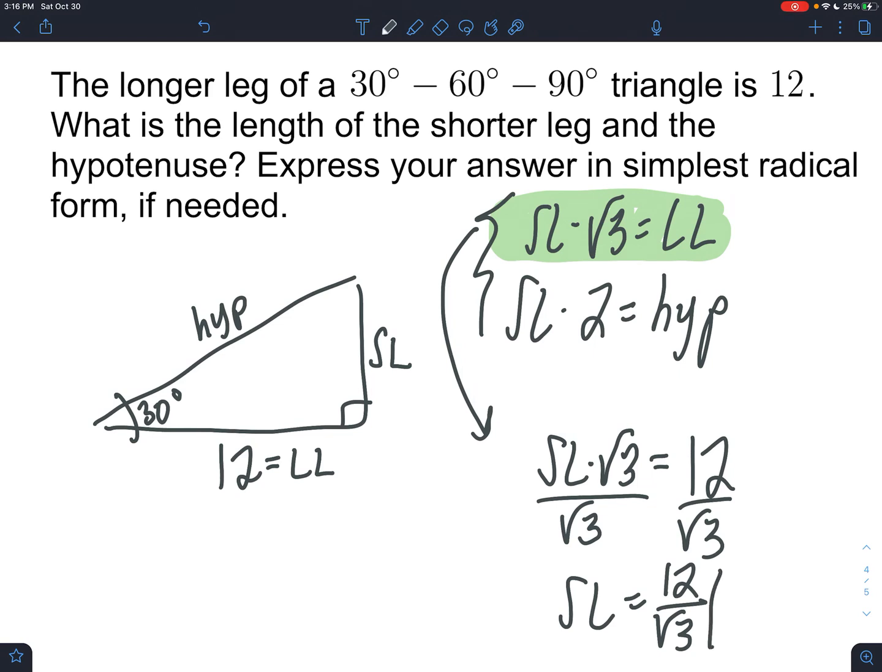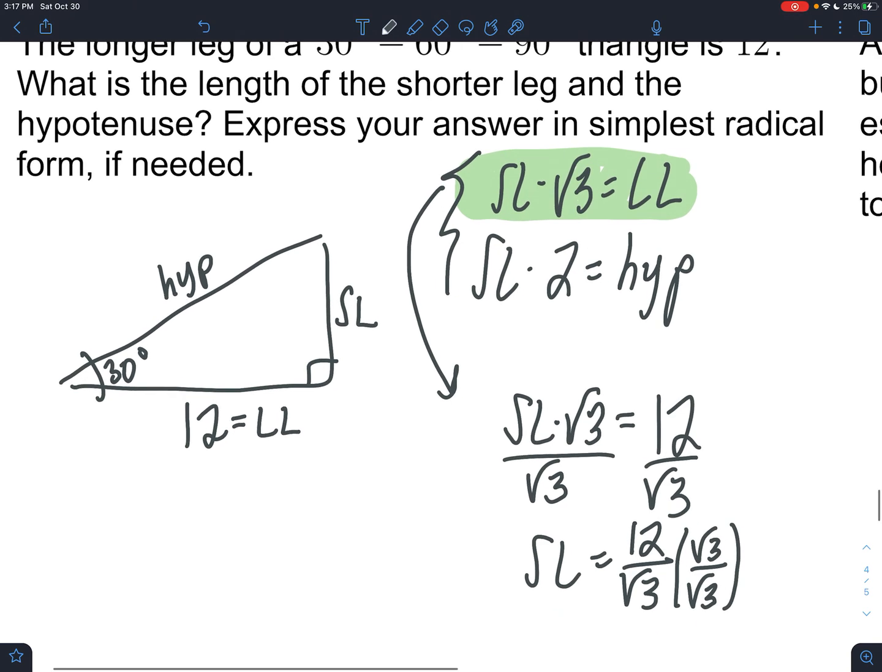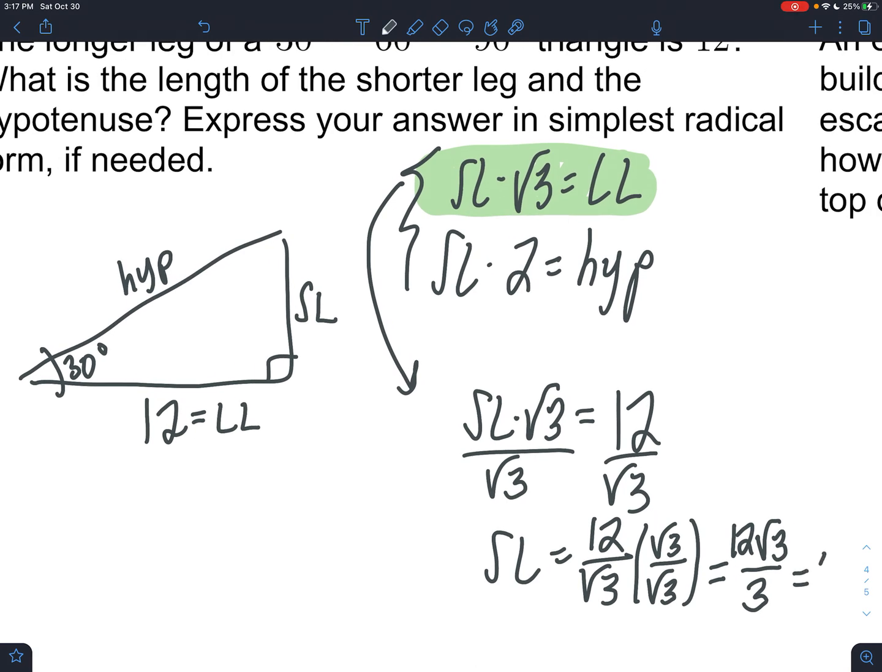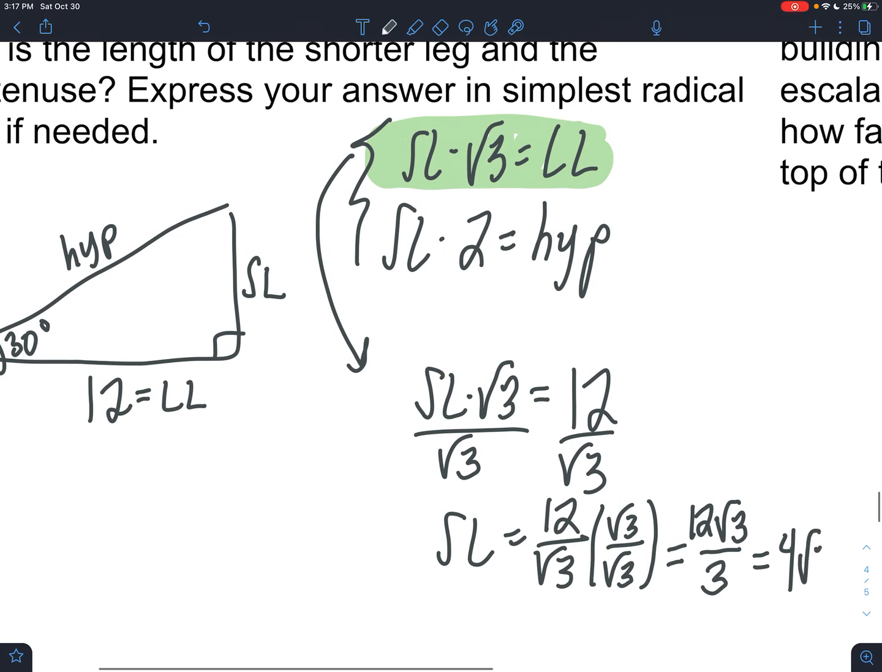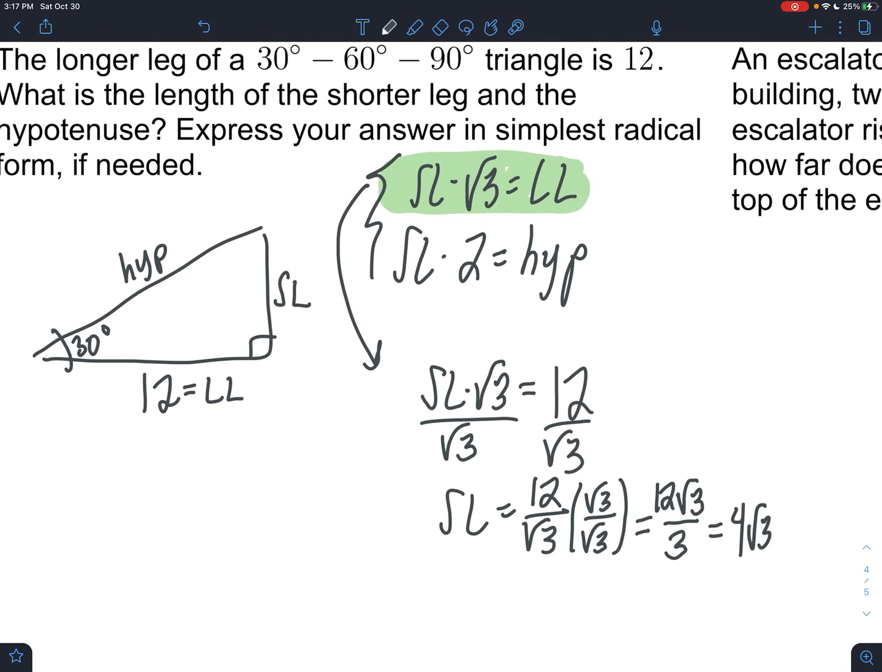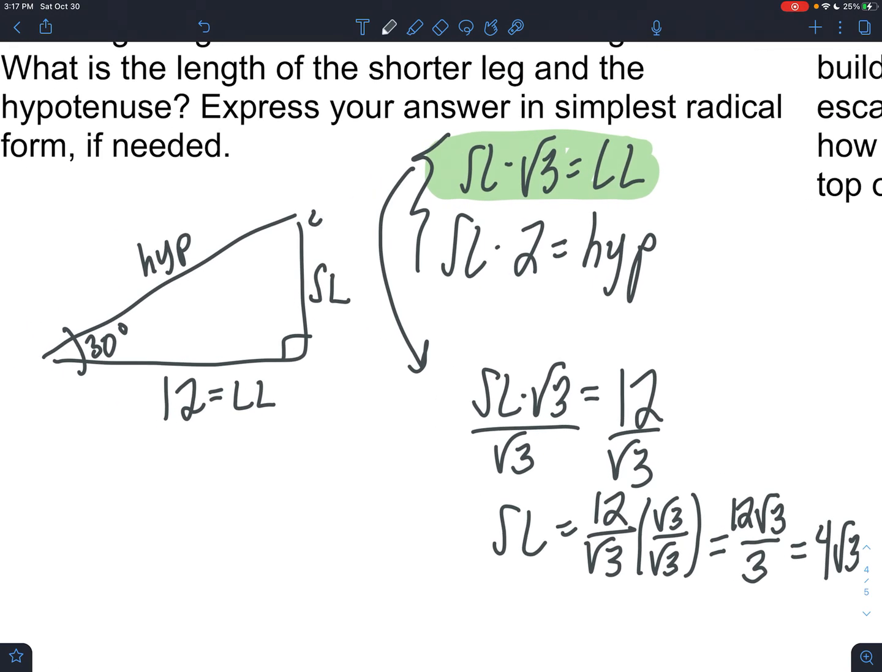So we have to take that extra step to adjust the fraction by square root 3 over square root 3 to make this a 3 and this a 12 square root 3, which this happens to be 4 square root 3 because 12 cut into 3 parts is 4 each. All right, perfect. 4 square root 3. And then the hypotenuse is going to be double that. So this equation now